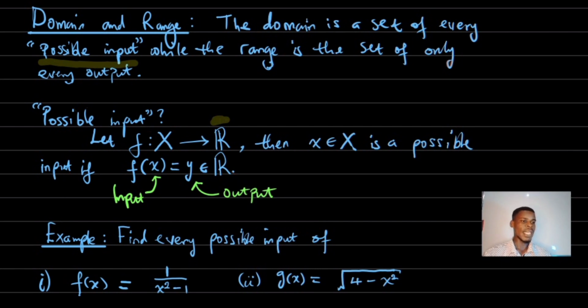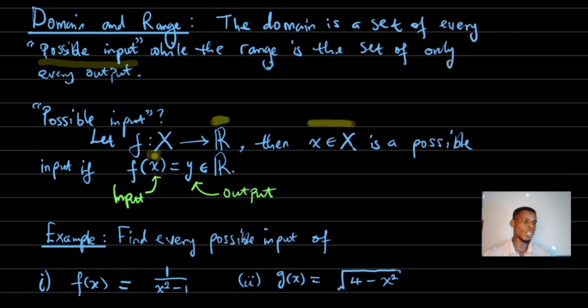Then an x in this set, an element of the domain, is said to be a possible input if, when we evaluate the function at that element, we get a result which is a real number. That is, we get a result which belongs to this codomain. Such an input is said to be a possible input. That is to say,